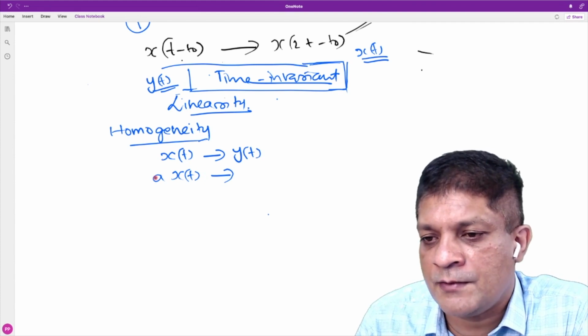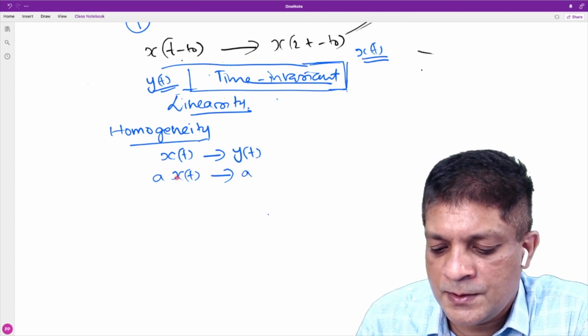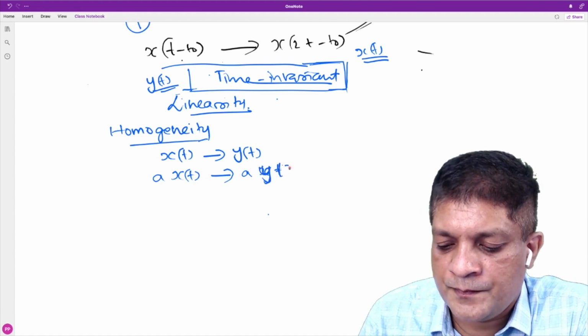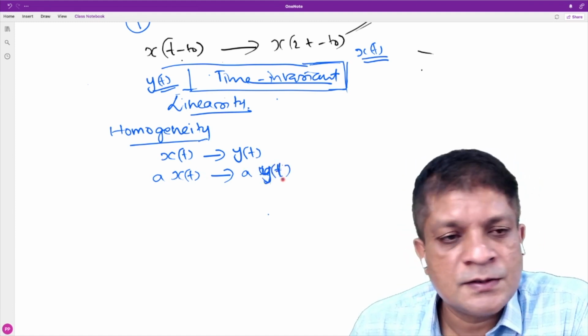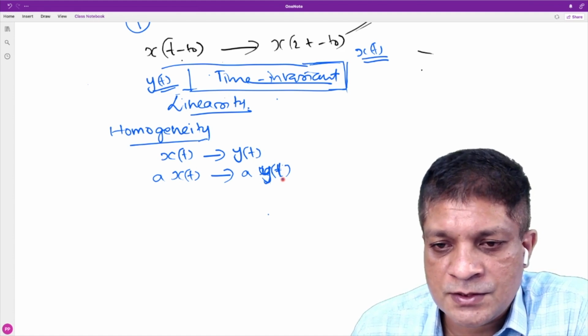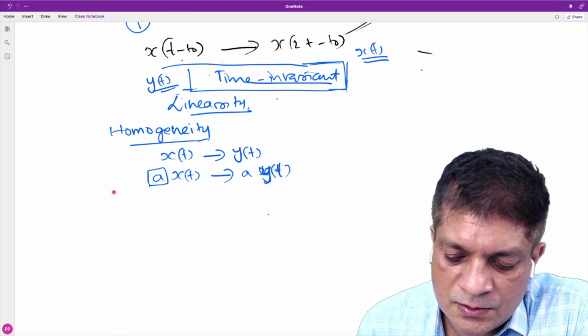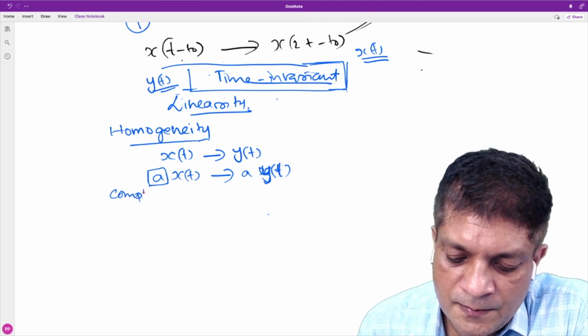If we scale the input by a factor a, the output should also be scaled by the same factor. Then we can say that the system is homogeneous, and this a is a complex-valued constant,